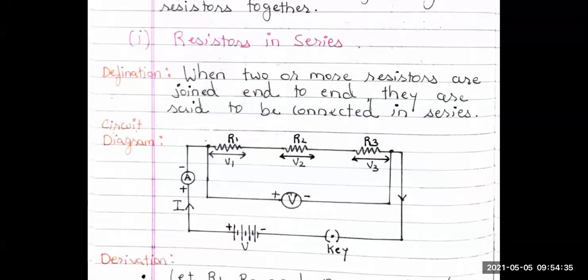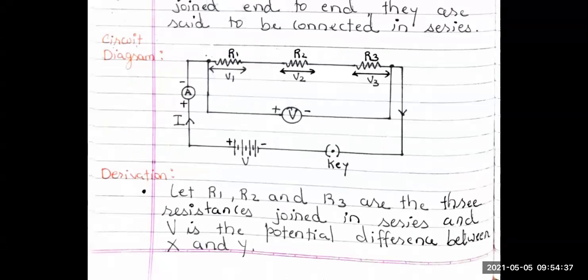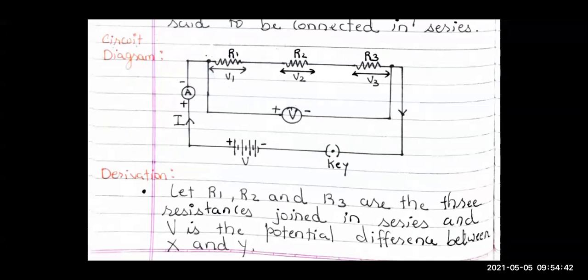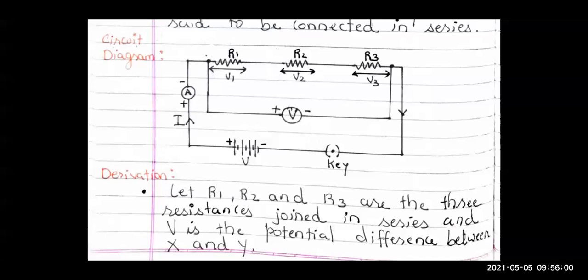Now, to find out the total resistance of the circuit, these are the three resistance, and the first resistor, the resistance is R1 ohm. The second resistor, the resistance is R2 ohm. Third resistance, the resistance is R3 ohm. So when we have connected them in series, what is the total resistance? Now children, here R1, R2, R3 are three resistance which are joined in series, that is end to end.